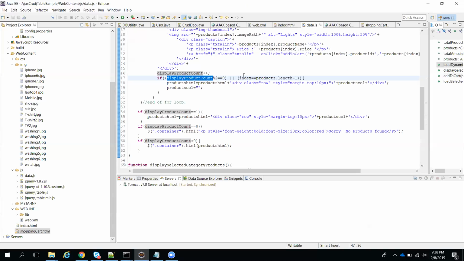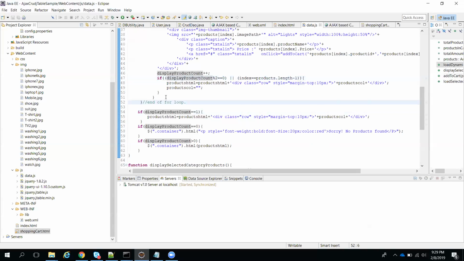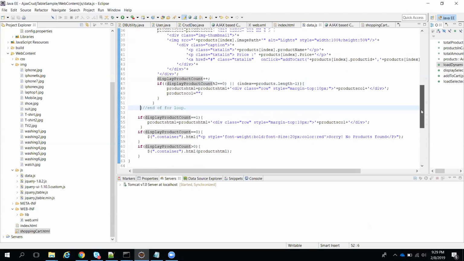Here also we need to implement the same thing. I don't need to keep one more if for this one, so I kept an OR condition. This OR means the pipe symbol on our keyboard. For those who are new to coding, I'm telling you, this is an OR condition. I'm keeping an OR condition, and it will work for both. Very important here, this condition has to be outside of this for loop. If you keep something inside the for loop, your entire logic will be gone.